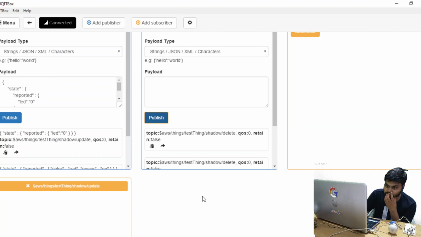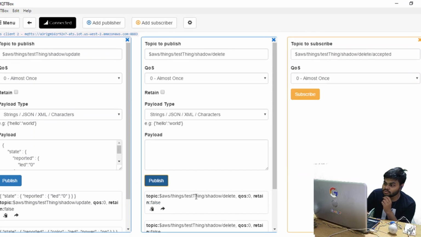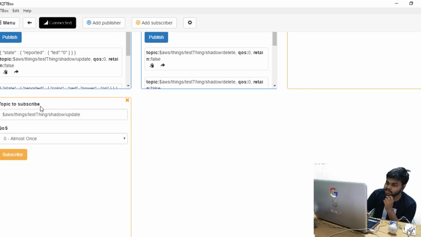So how do we get to know what messages are stored currently? The only way is get. AWS thing testing shadow get. We need to send a get message, an empty get message, and subscribe to get accepted.